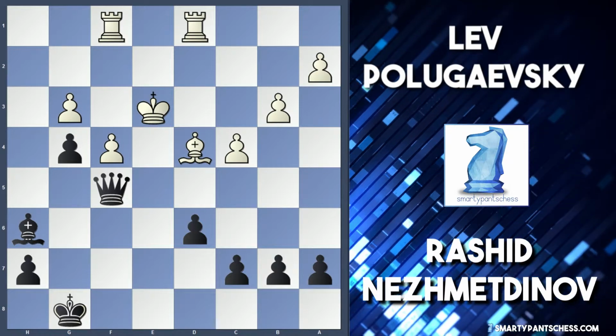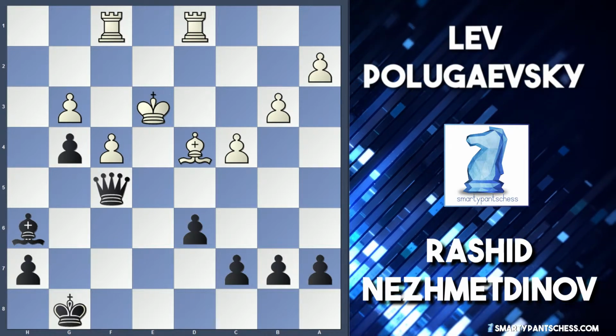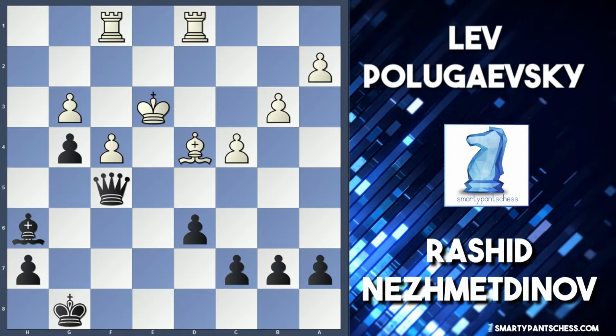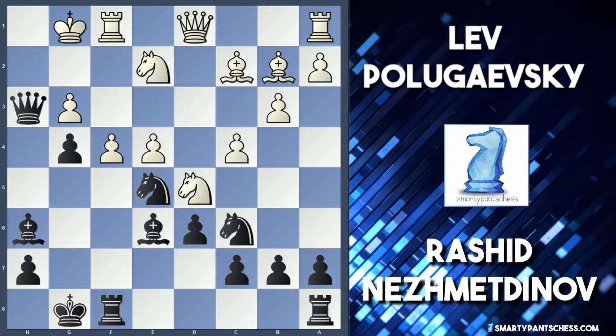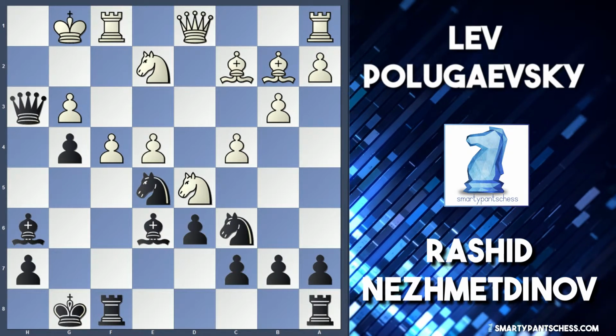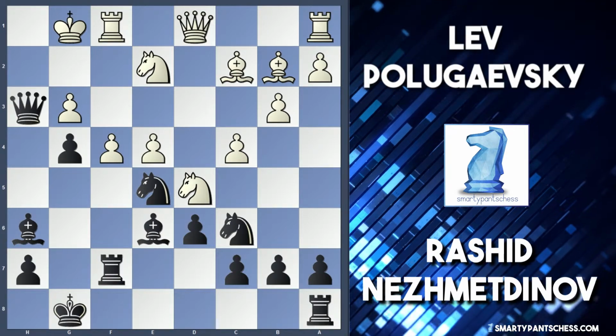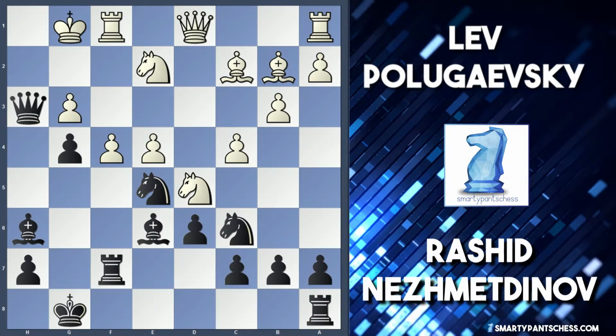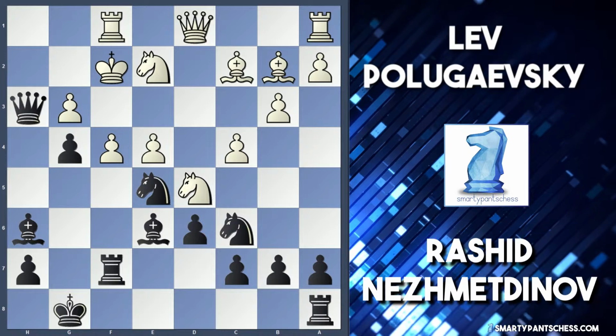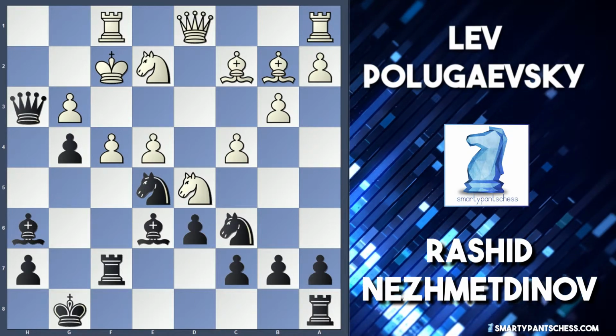So this would have been an interesting game for black if bishop takes d5 here. Instead, I think Nezhmetdinov played it sensibly. He played rook f7 now, protecting c7, and just asking white the question, what are you going to do next, basically. So here Polugaevsky now plays king f2, noticing all these threats that are coming up, such as knight to